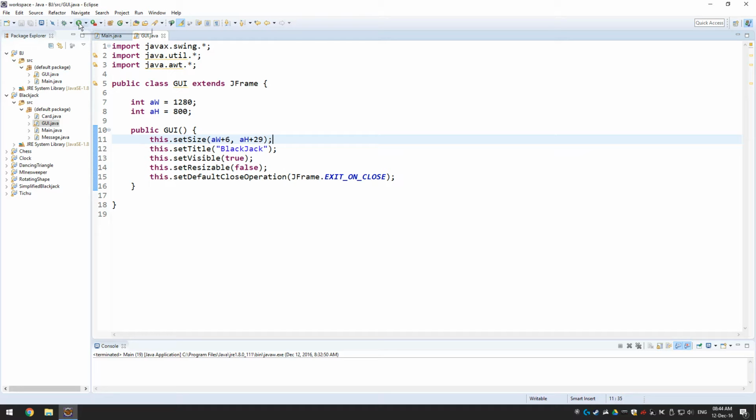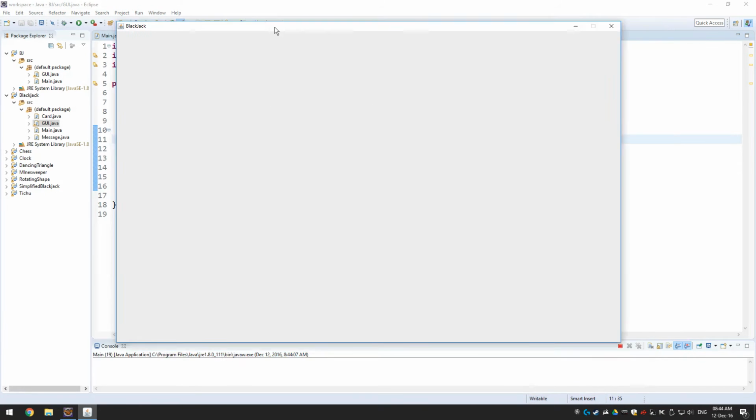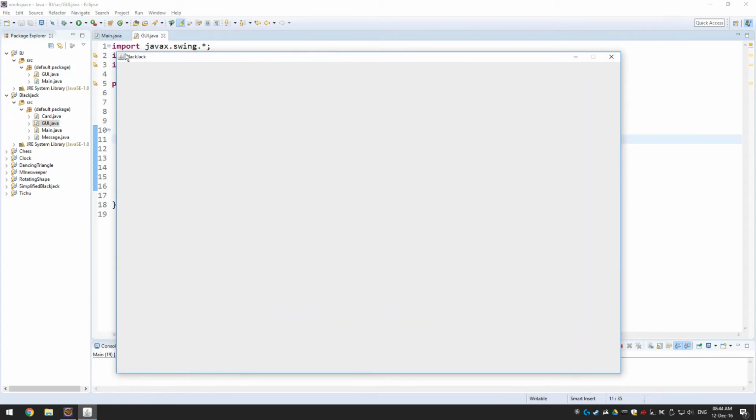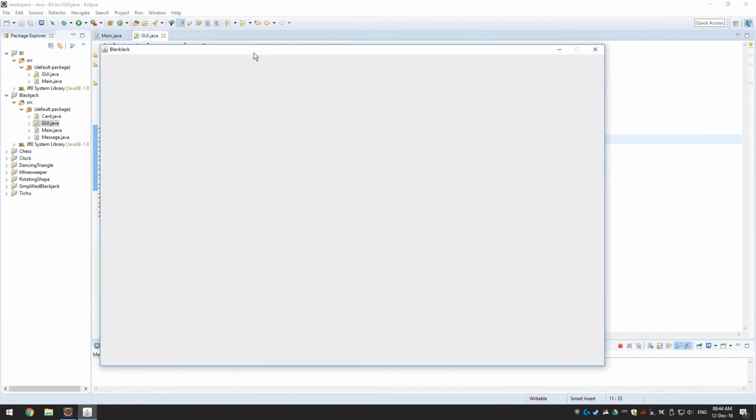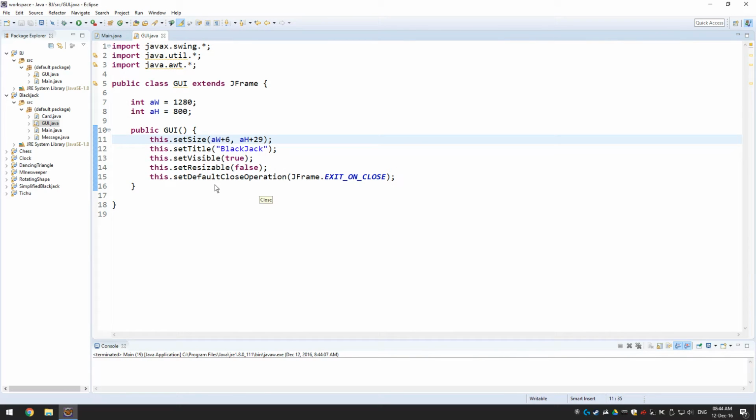What we did in the first video was create this amazing window that says Blackjack over here. This is the title, which is non-resizable and will be terminated by hitting the X on the top right corner. So let's go ahead and add some graphics to the window, and after we do that I'm going to draw on Windows Paint a preview of how exactly it's going to be. In the first tutorial I showed you the actual game, but I'm going to